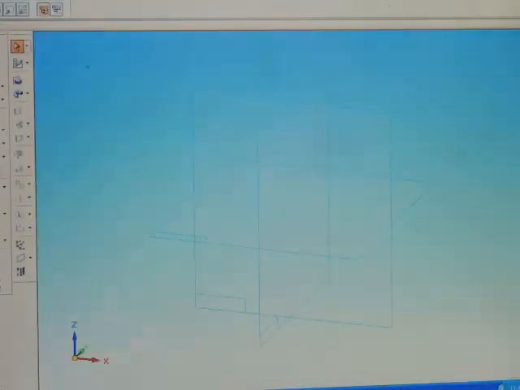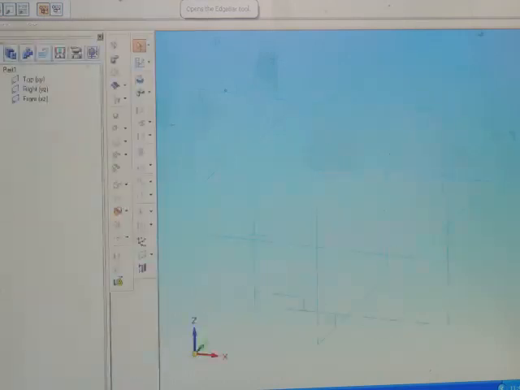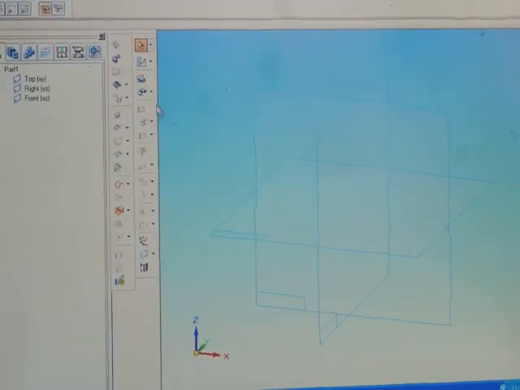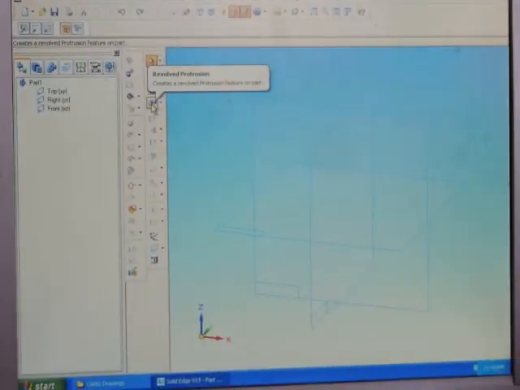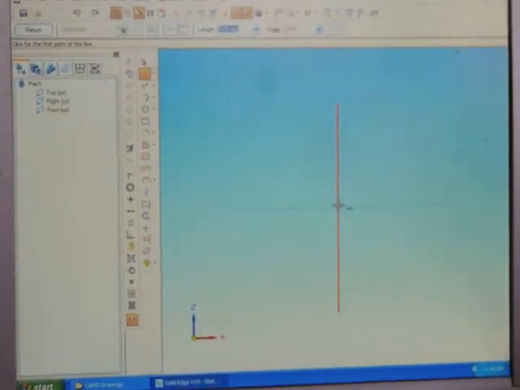Tools, edge bar. For constructing any 3D part, you should go for tools, select the edge bar command. So this is the edge bar. So now I am going to construct screw jack body. For constructing screw jack body, go to revolve protrusion, select any XZ or YZ plane from the origin.